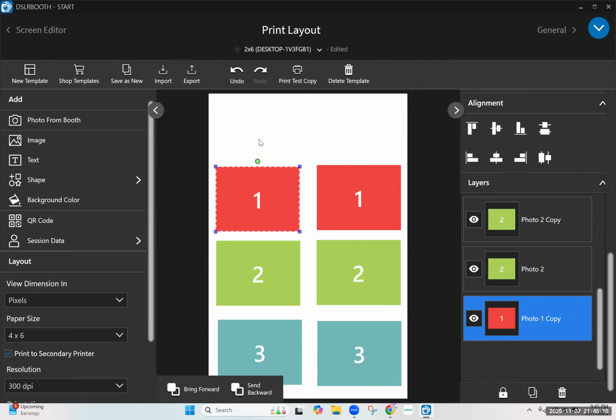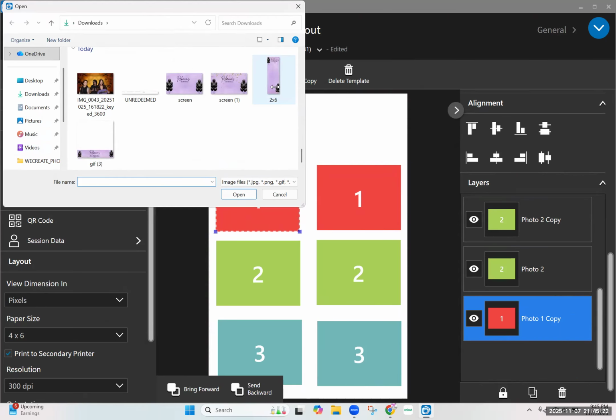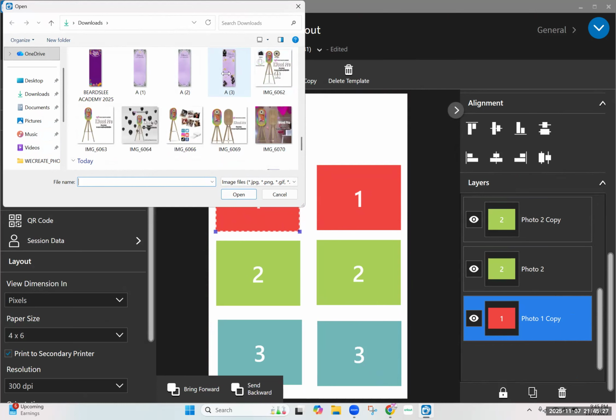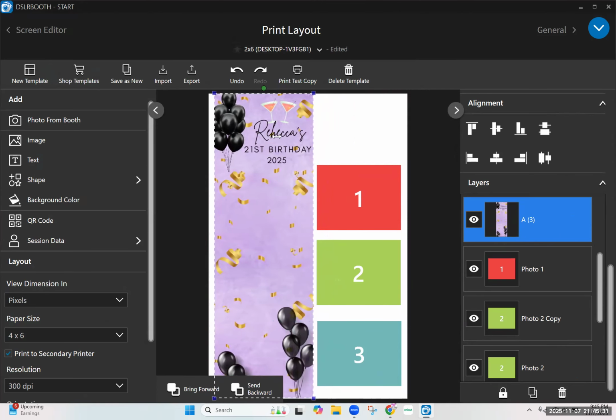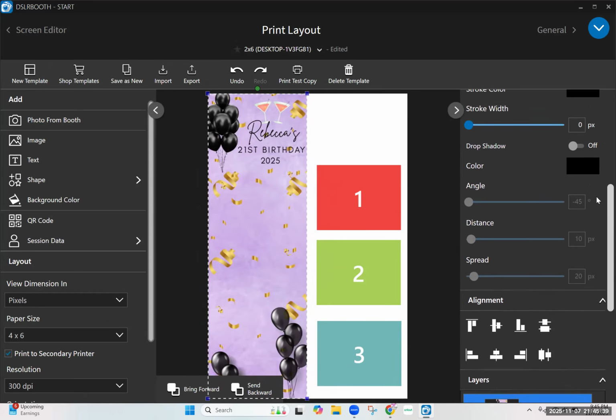Okay, so now that I'm ready to upload my design, I'm going to click right here on image. I'm going to scroll down and find my design. This is actually her design that she just approved. So I will move this over to the left, right on the corner. And then I just want to show you if you move this up,